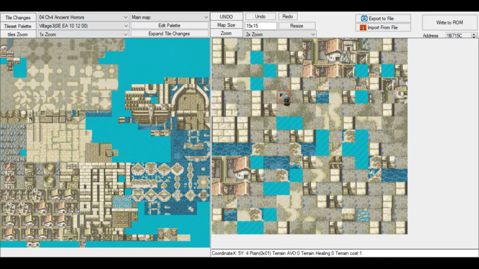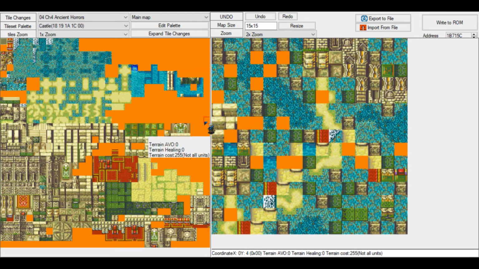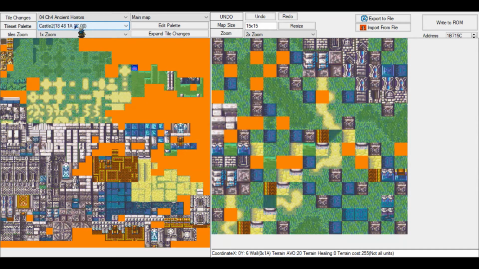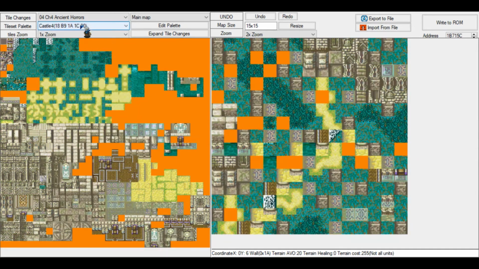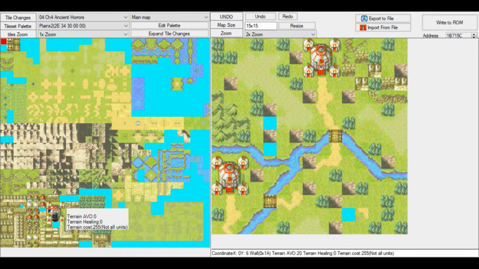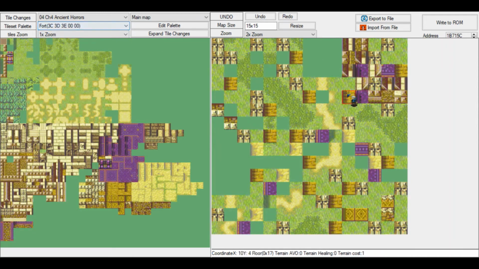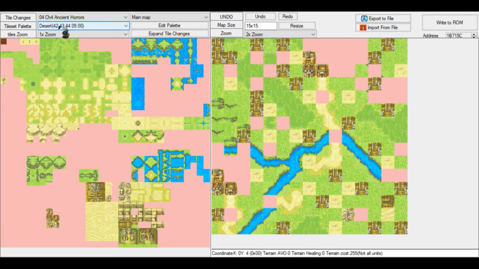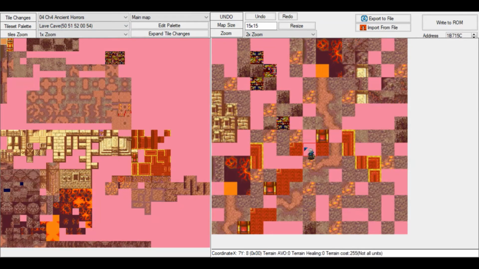But you also have one for a flashback, and then you have a castle, which is just Renais Castle, or whatever castle. Also for flashbacks, we have a castle. We have another plains. This one is even more Sacae, seeing as you have this little tent over here, etc. Then you have a fortress, which is slightly different from a castle, because some tiles are present in the fortress and not in the castle, and the other way around. And finally, we have things such as desert, which only has one palette. We have the lava tile set, where you go and you know, here's the Binding Blade, so that's very nice.